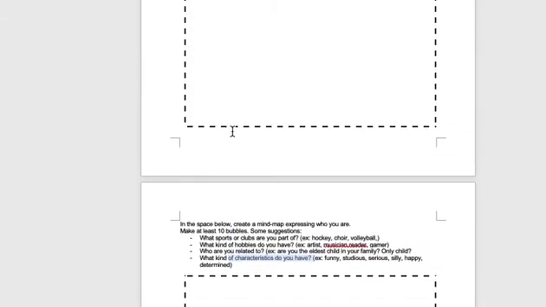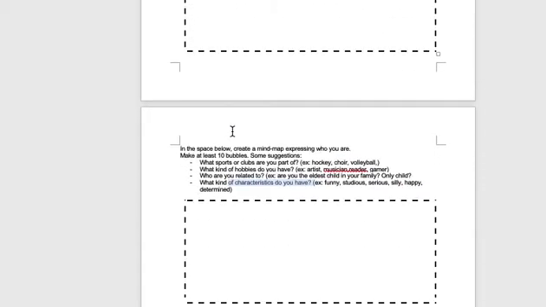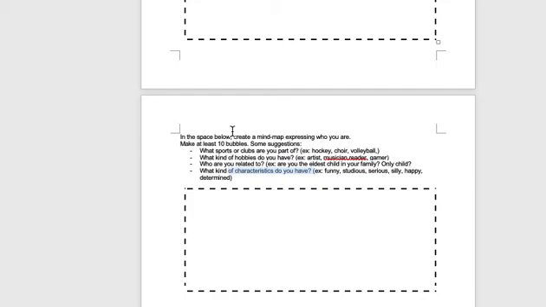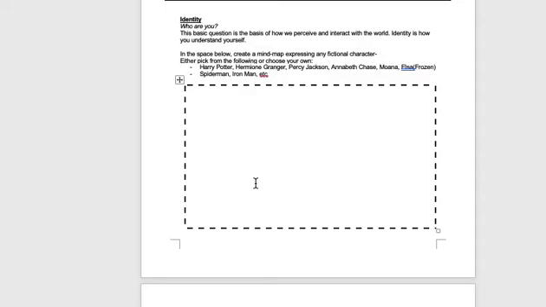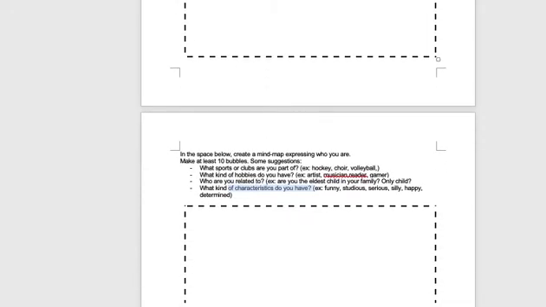We're going to take these two mind maps and compare them with the classes for Wednesday, and we're actually going to start looking at what's called collective identity. So right now, you should pause this video and finish this up. Do the one about a fictional character and do the one on yourself.